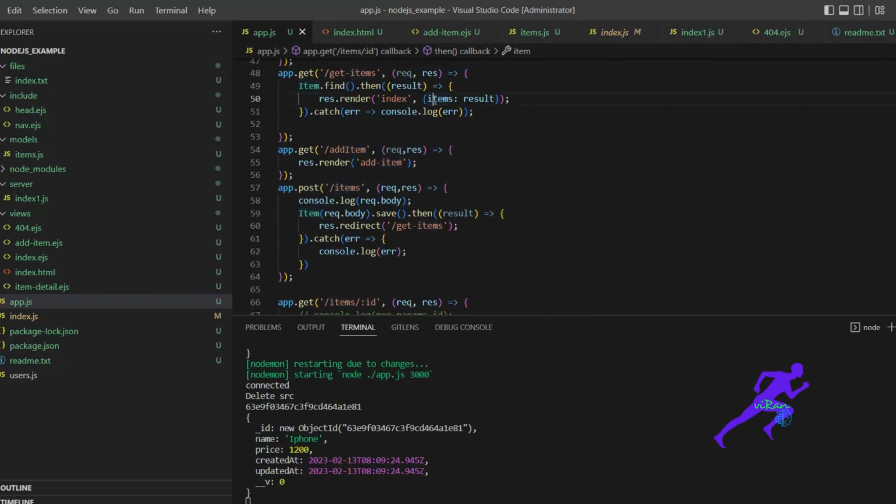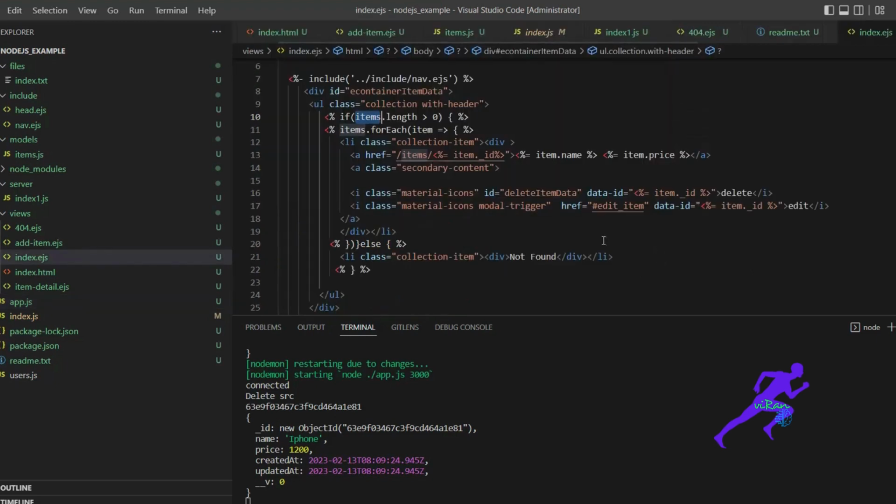Add item, get items, this one, these items. So the result we are taking and pointing to this property. In this array we are taking the length and for each loop. So after that